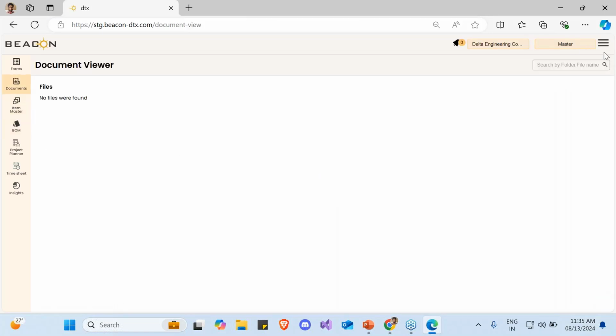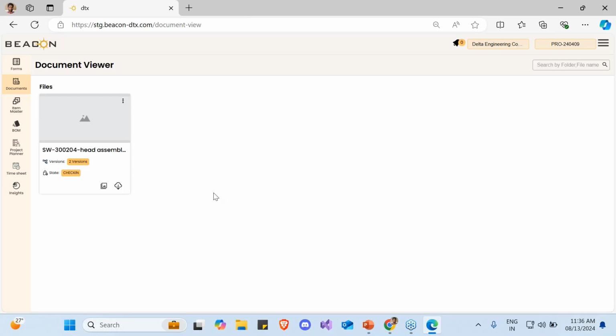Now, let me show you how this works. If I go to my document section and I'm in Delta Engineering Corporation, if I go to the project, you can see in my login, I have three projects in my name along with the master. Whereas when I come to Shrikanta, she can see only one project. The reason being, only that project information has been shared with her. For the rest of the two projects, I haven't shared any data with her, so she doesn't have access to those projects. She has access only to this project that I have shared data from. When I select this, you can see only the head assembly that was shared with her is accessible to her right now, and the other files which are part of the same folder or the same project are no longer accessible to her. So this is the way that you can share.